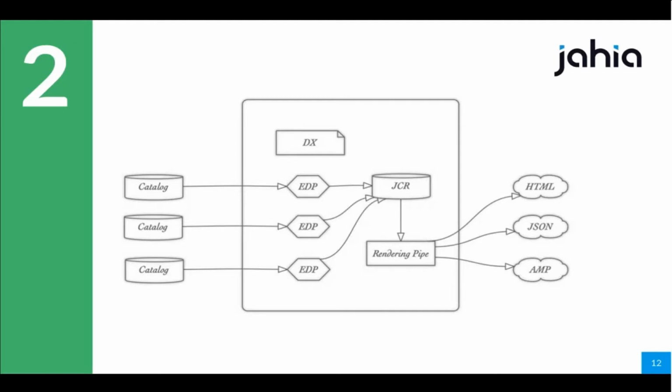So here we are trying to show you that it makes it easier to connect to external data and still use the power of Jahia, of DX. Because this way, just by developing a simple external data provider, you have all the rendering. So for prototyping and testing a connection, it's already quite fast, and then you can go deeper into the details and do specific views for your contents.